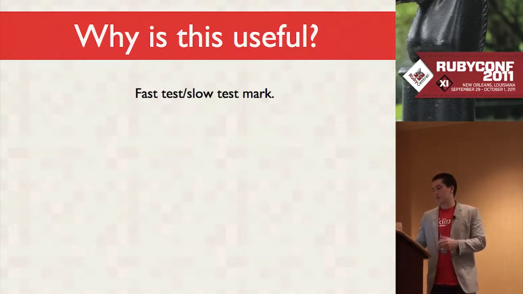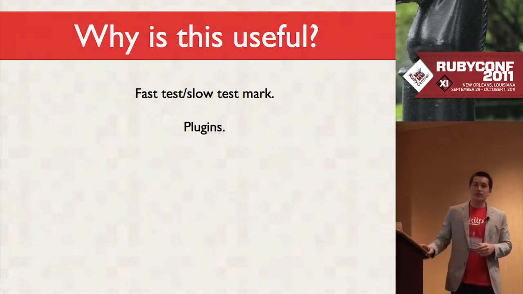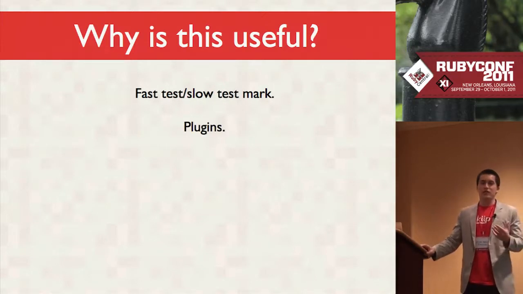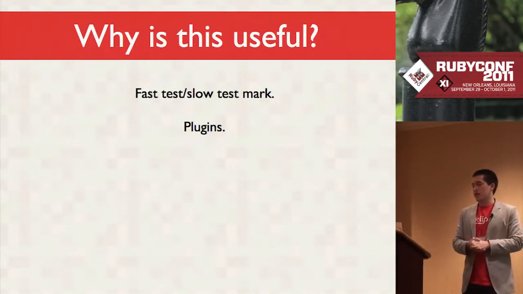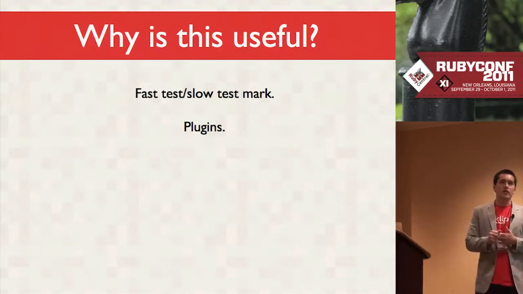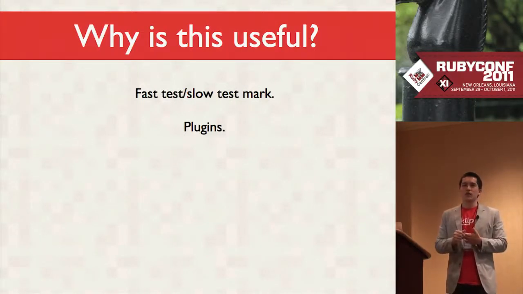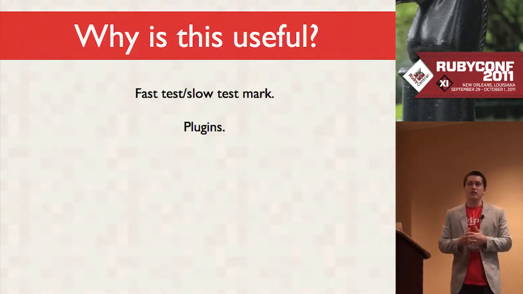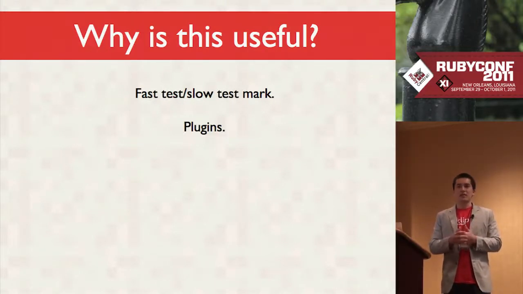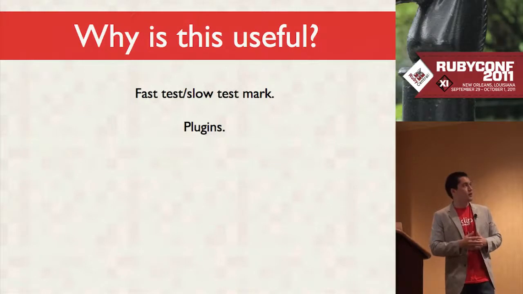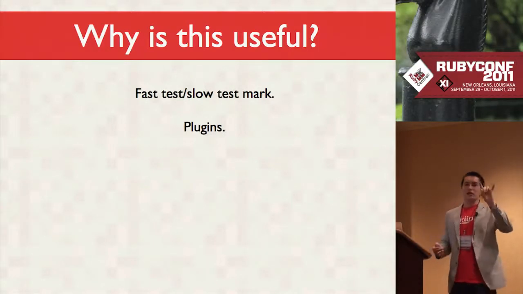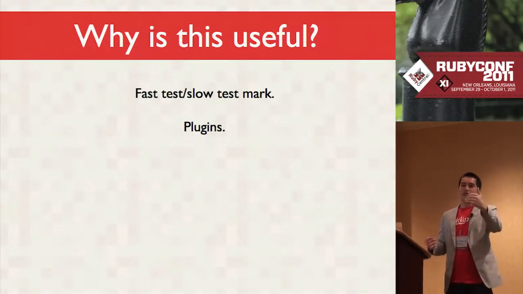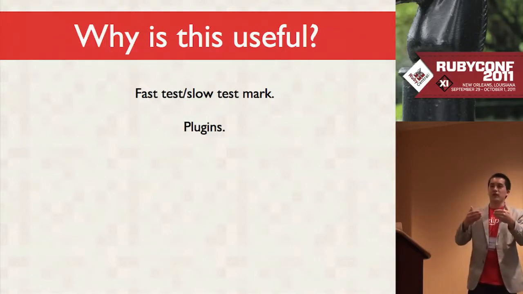And this is great. It's very useful for plugins. I intended to put an example here, but I don't have one. But the example that I use it for is, I haven't used Rails in like a year and a half, but when I did use Rails, I remember that on every unit test, I think it tore down and created a new database for you, or something like that. And in practice, when I'm testing my models, I don't need an isolated database that often. A lot of the things I could just test in memory. So at work, what we do is we mark the tests that do need a database with isolated-db, and when the test runner sees that, it calls something which sets up an isolated database just for that one test.